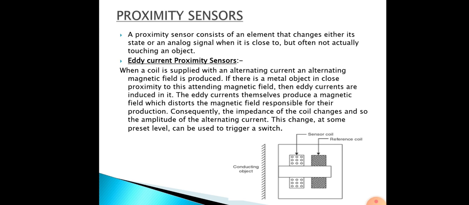You can see in the diagram one coil and one metal object. Whenever the reference coil is given some current, a magnetic field is produced. Due to that magnetic field, an eddy current will be induced in the metal. The advantages are small size, relatively low cost, high flexibility and high sensitivity. The next one is the